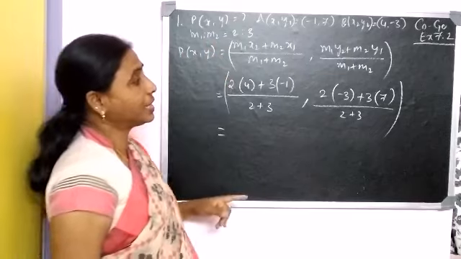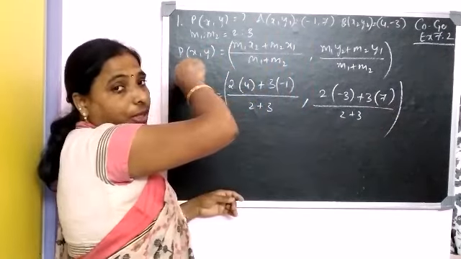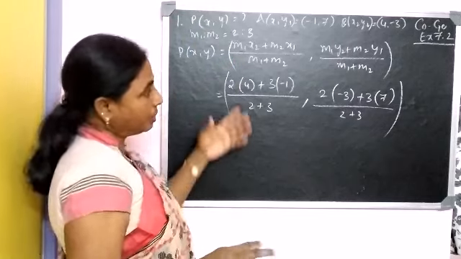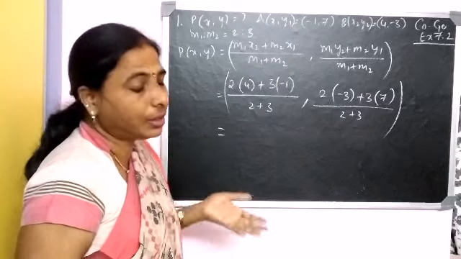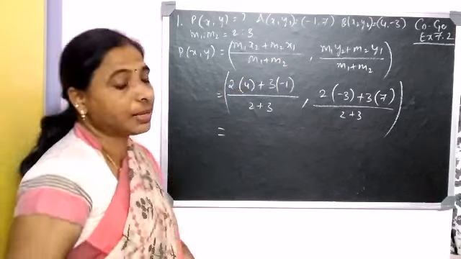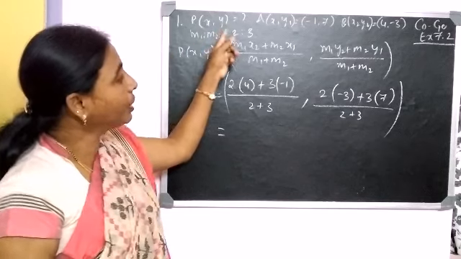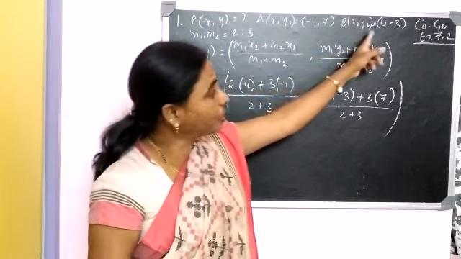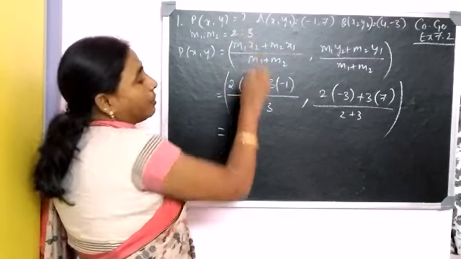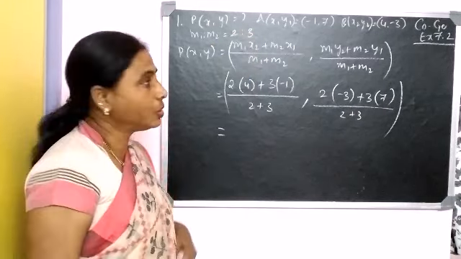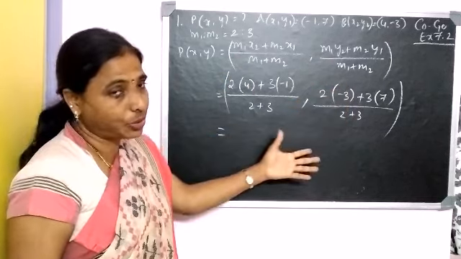Children, I have taken exercise 7.2, starting from exercise 7.2 first problem. I am just going on dictating, just explaining it, because I have done the same problems in the previous examples. So here it is given that P of xy has to be found. A of x1 y1 is given, B of x2 y2 is given, and the ratio is given as 2:3. So these are the values given. They are asking you to find the point. So P of xy is the formula. You have to take it first and substitute the values.